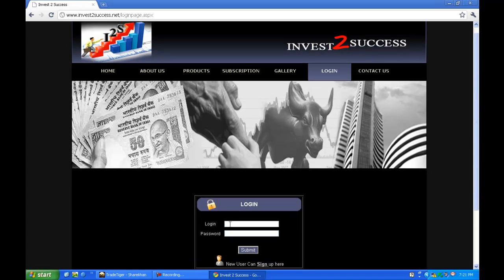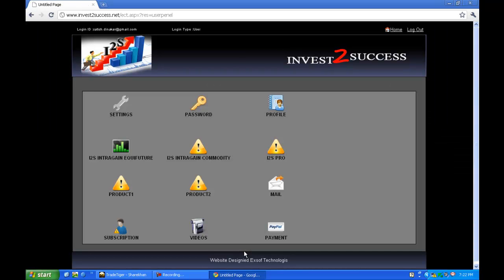In the login page, you will be able to see the login ID field and the password. You need to enter your login ID and password, which is assigned to you at the time of registration. After entering the login ID and password, click on the Submit button, which will take you to the main page